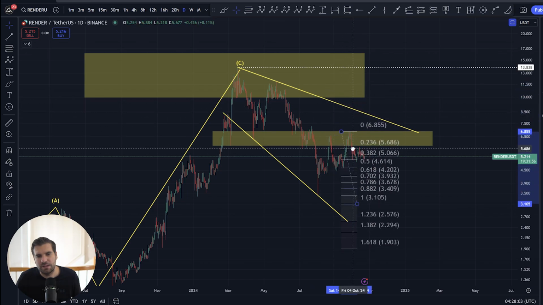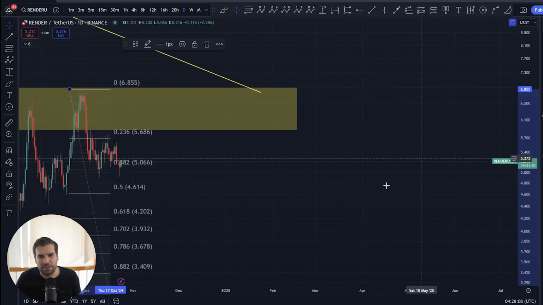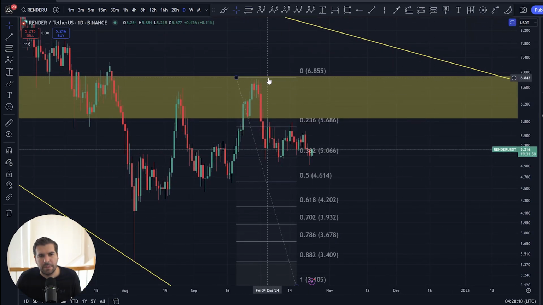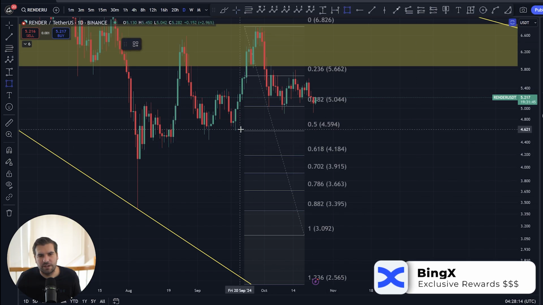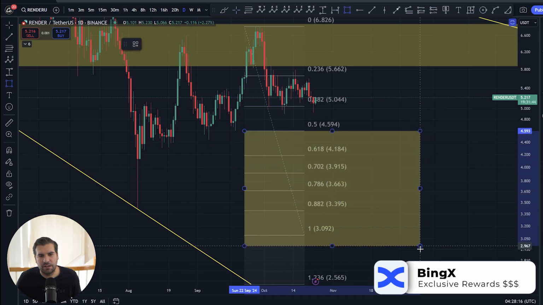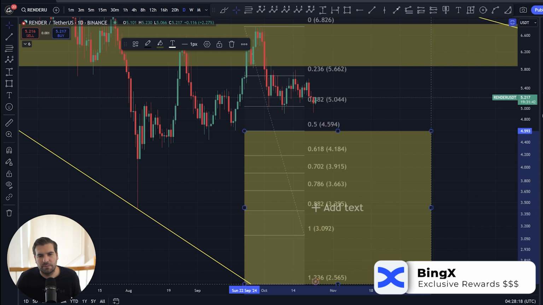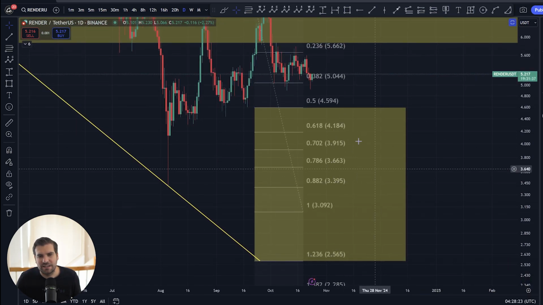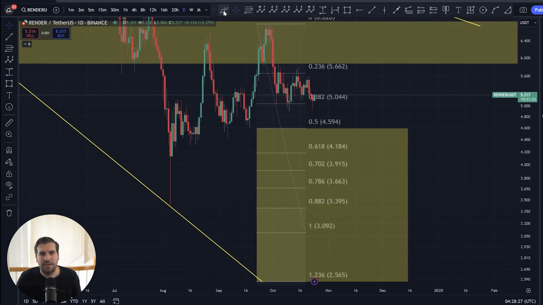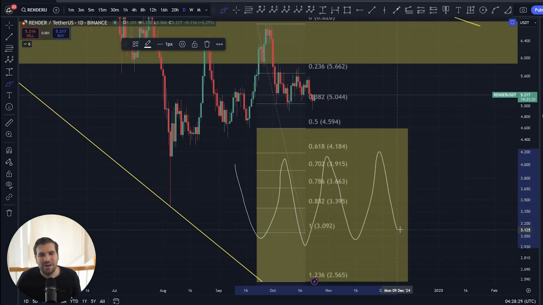Okay, and that would actually mean that we'd have a 3-wave move complete in line with everything I've been talking about with Bitcoin and all that kind of stuff. So here we would see basically a move down just a little bit. So we're not yet done, but we're very close. It can of course come down lower, but I suspect it won't. Anywhere in this range, 256 to 459.4. Okay, so this area, and it could be anywhere in there, is where we're likely to find the next